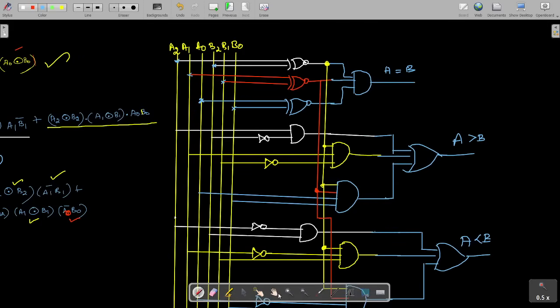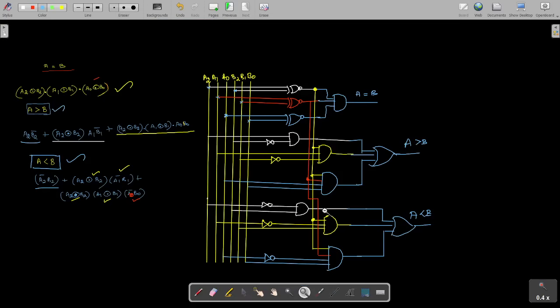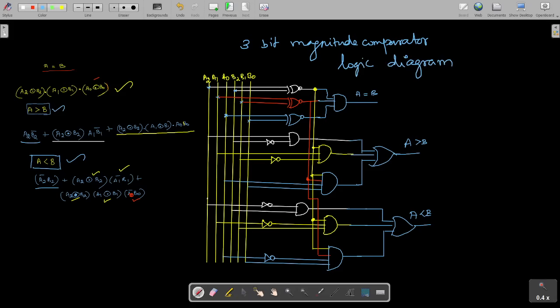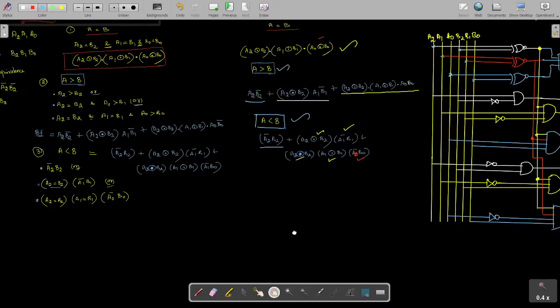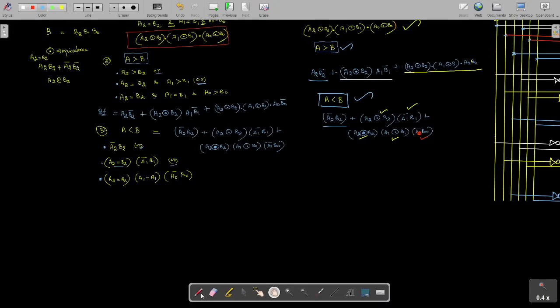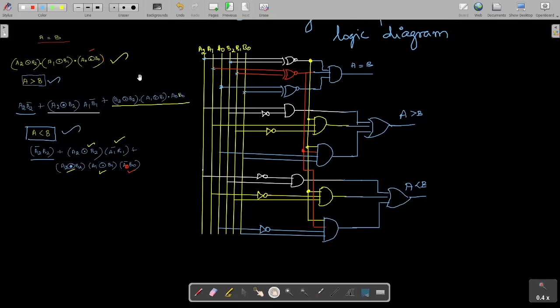This is our 3-bit magnitude comparator. This is the circuit diagram or the logic diagram. I hope you would have understood. Okay, thank you.